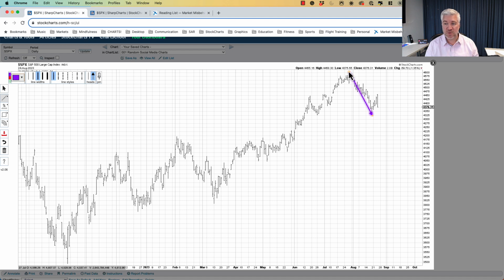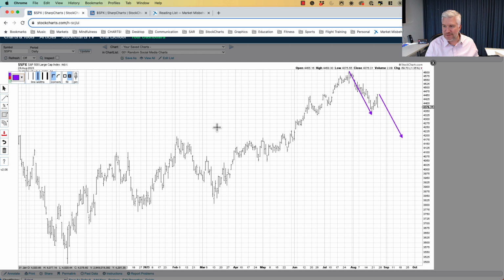Let's assume that this was wave A, that first wave down off of the high around 4,600. Let's assume that's the first wave lower. Then we have this shallower bounce, about a week or two, going back up here to around 4,460, we'll call it. Let's assume this is the beginning of the rotation lower for wave C, right? So what we need to do is take that arrow, copy it, and let's assume we top out right around here, right around that same level, and we have the next wave down. You can see this gets us to a downside objective around 4,175 to 4,200.